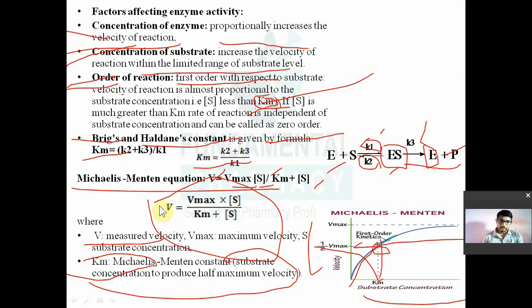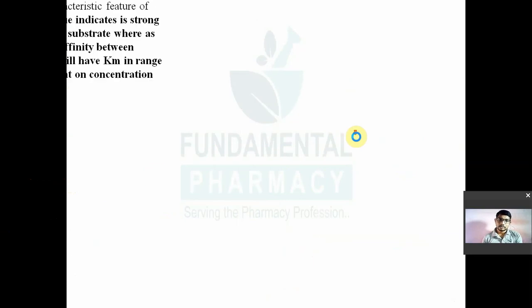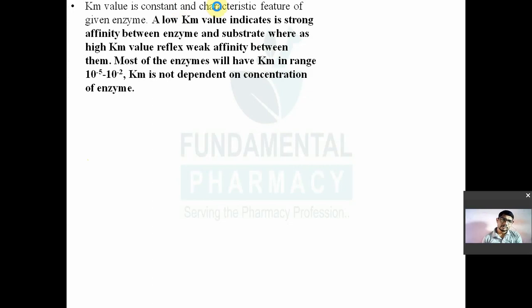Remember this, questions have come on the Michaelis Menten equation: V is equal to V max into S divided by Km plus S. This is the Michaelis Menten equation. So that is nothing but reaction kinetics or enzyme kinetics. Enzyme kinetics are described by different processes like zero order and mixed order. Mixed order kinetics are described by the Michaelis Menten equation. Remember, questions also come on this. Next point we'll see. Now we have seen the Km value. Km value is a constant characteristic feature of the particular enzyme. Now at a low Km value,